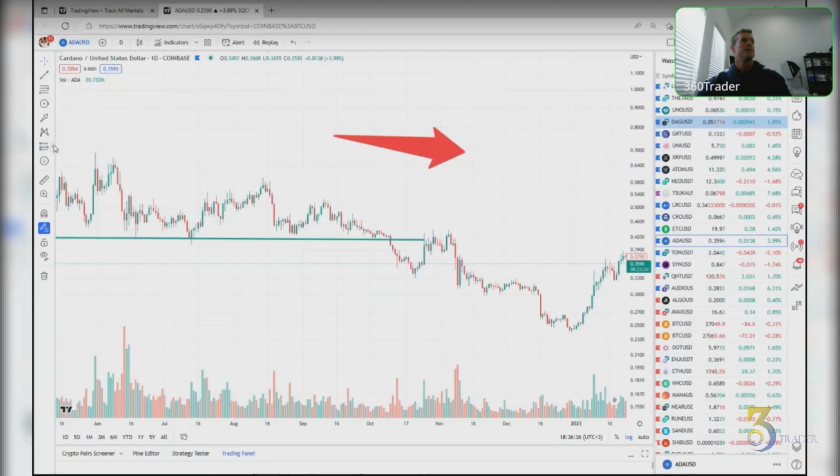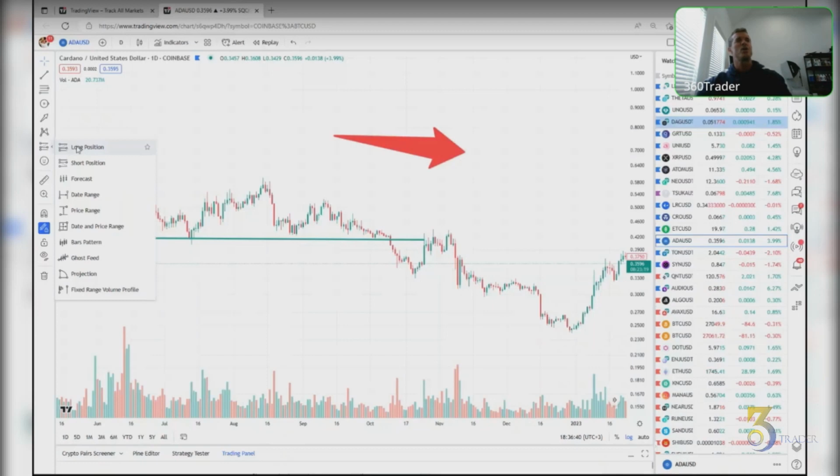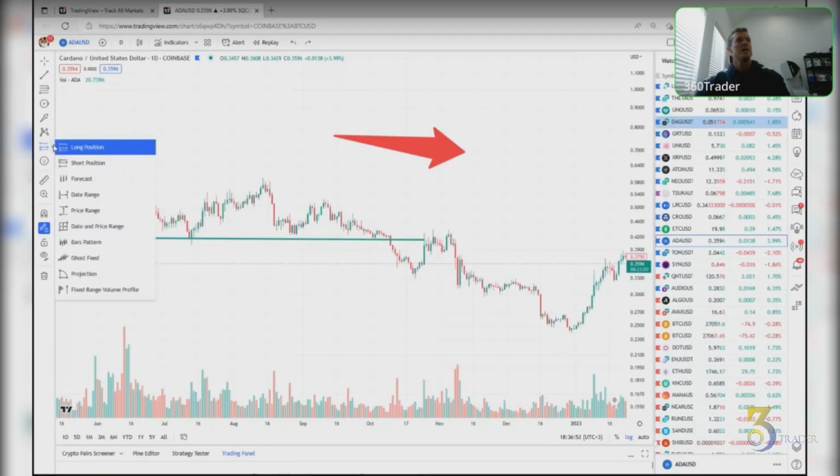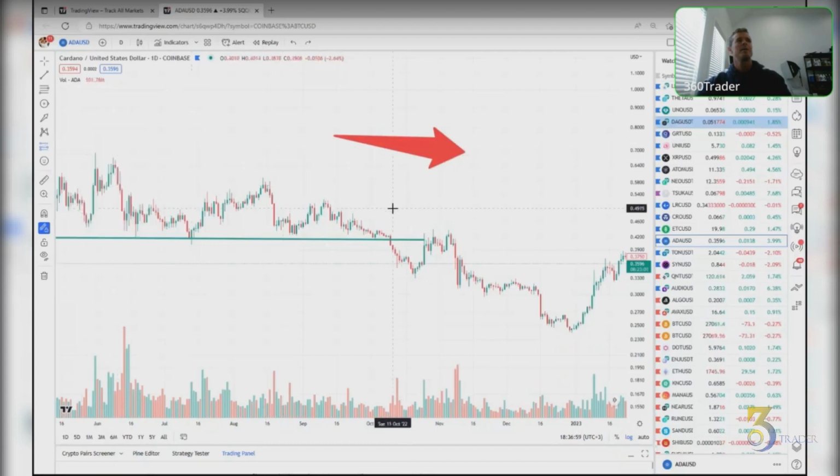This one is how I show you guys my longs and how I put them up there. So again, let me undo that. If you want to set your trades up like I have them, you come in here, click long or short right here, and click on your chart.